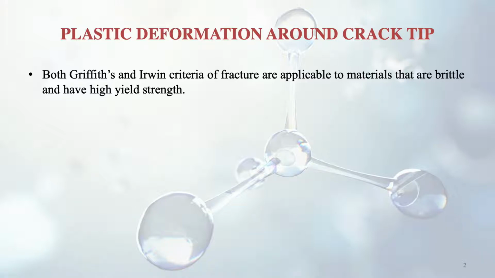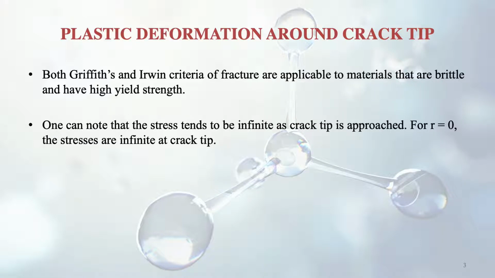So earlier we talked about the Griffith and the Irwin criteria, but we haven't taken into account the plastic deformation around any crack tip. There was a crack tip for a certain body, so around that we hadn't taken the plastic deformation into account. Both Griffith and Irwin criteria of fracture are actually applicable to materials that are brittle and have high yield strength, and we can note that the stress tends to be infinite as the crack tip